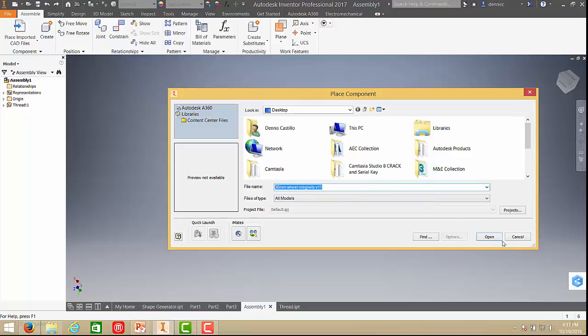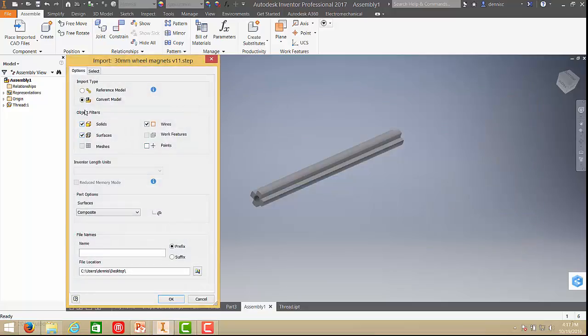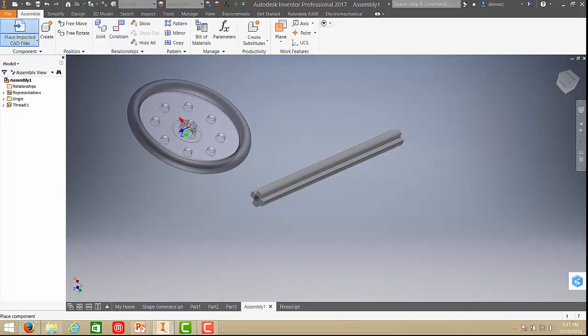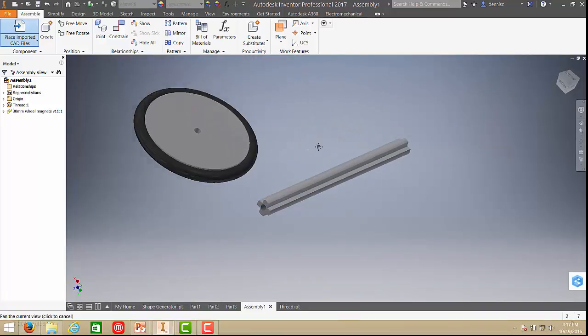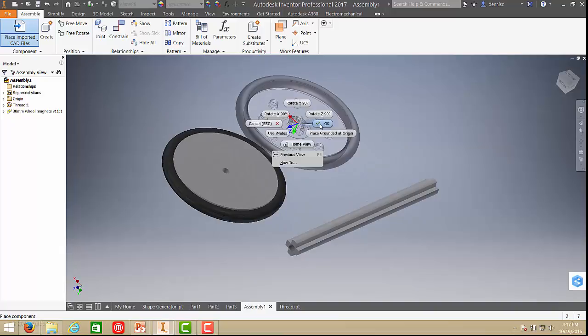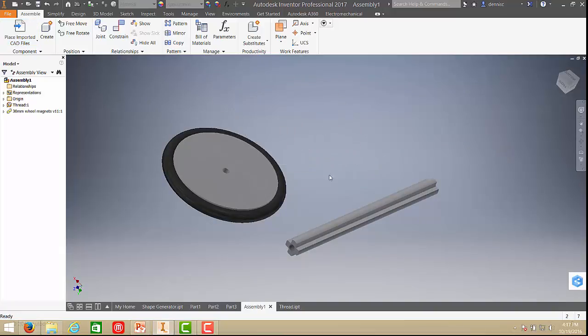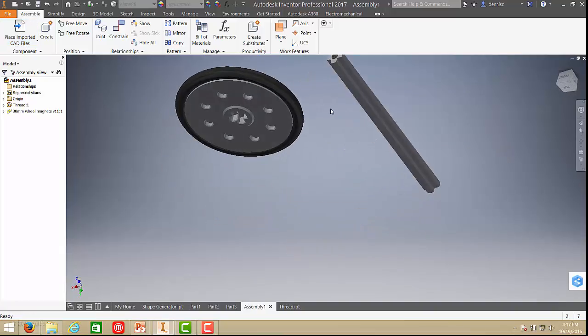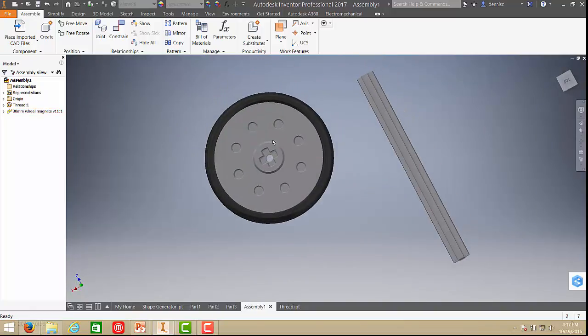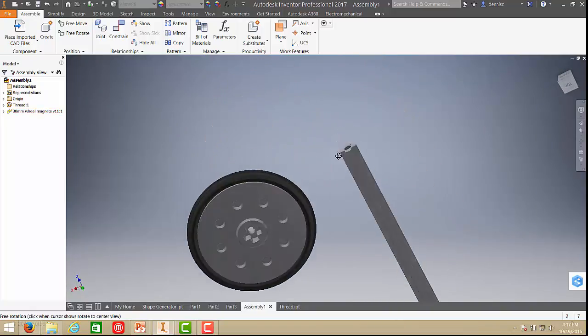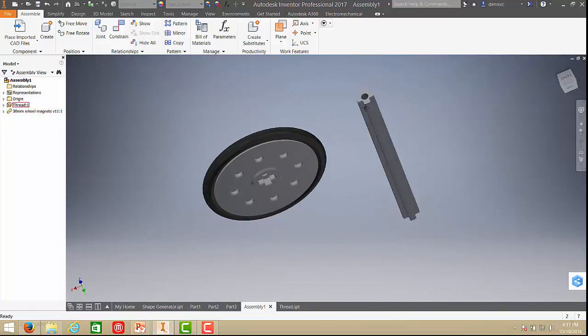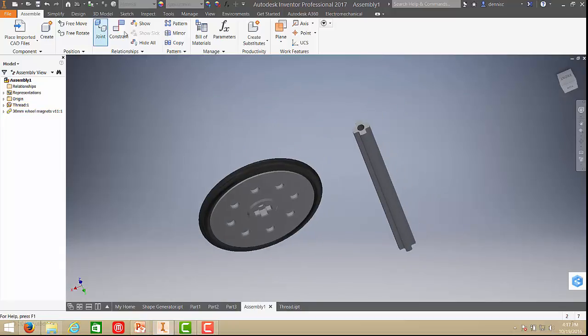It's a STEP file. Then I'll just have to put a prefix and then just click it in the workspace and then OK. And then I'll just have to place this component to this thread or to this shaft.